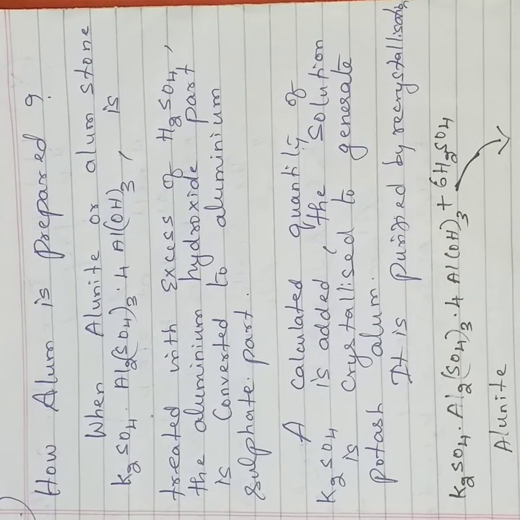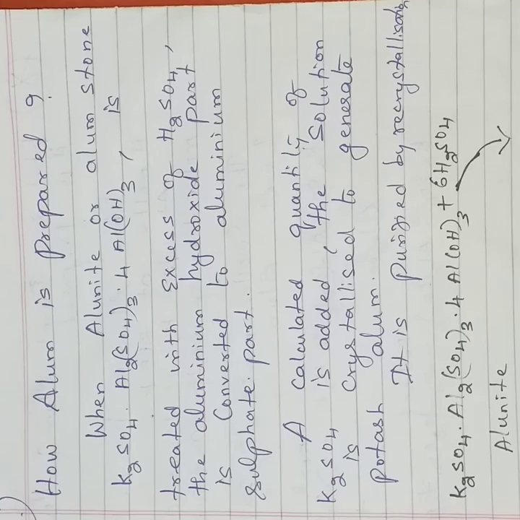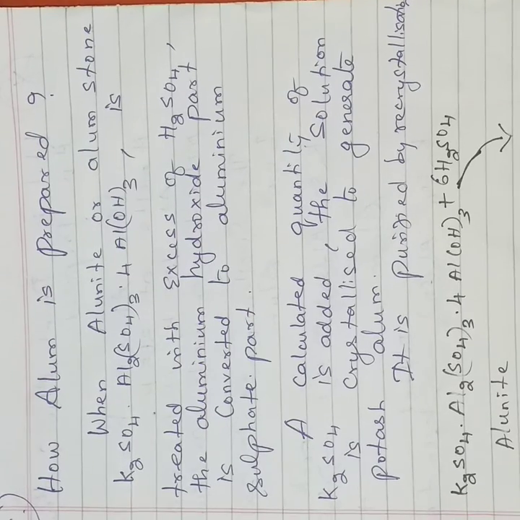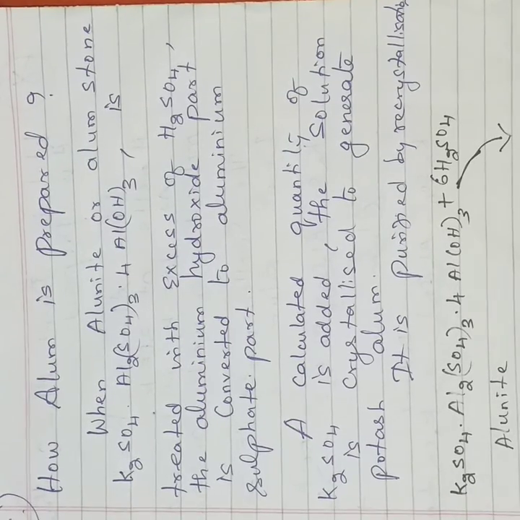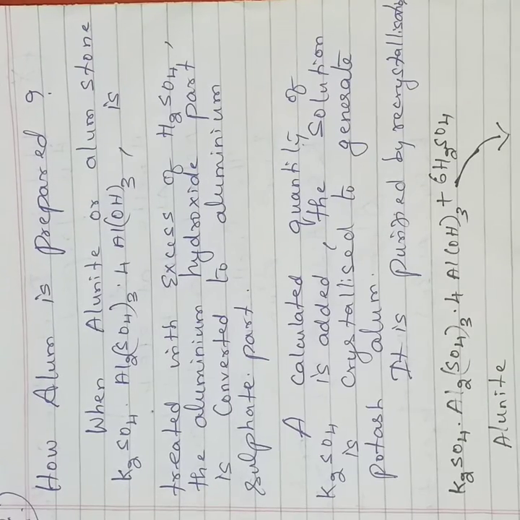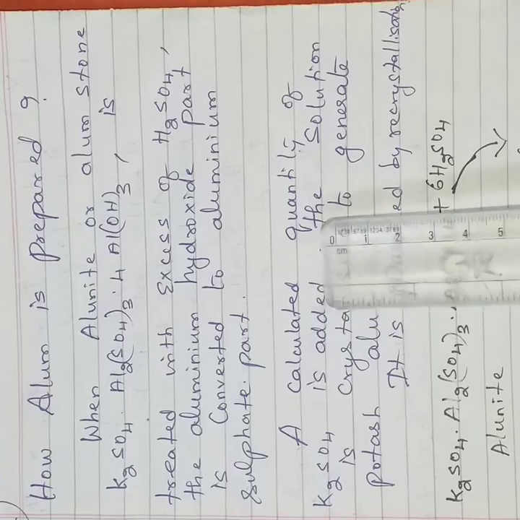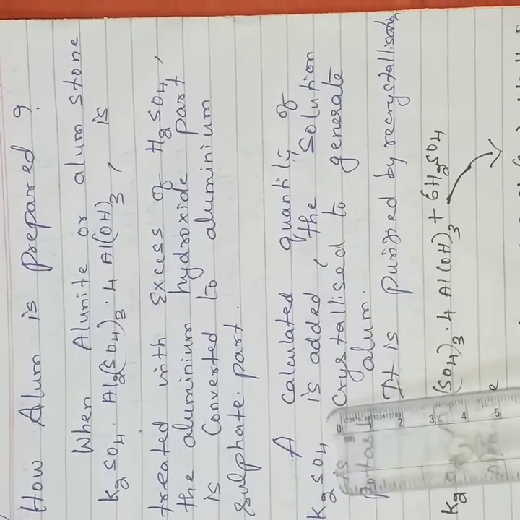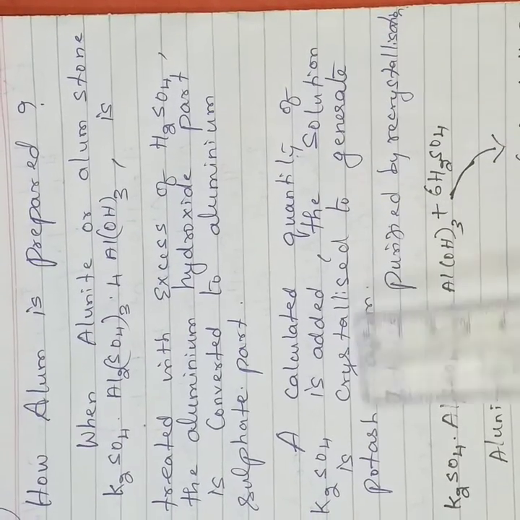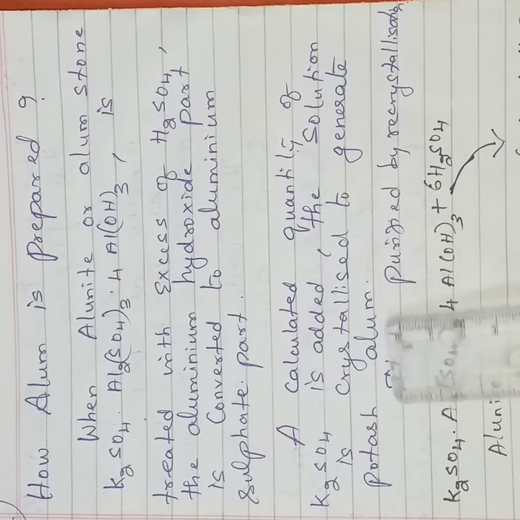That is, for example, if you are curdling milk and the curd is not formed, we add a little curd, and then the whole milk is converted into curd. The same process applies here. If the crystal is not formed, we have to add a seeding agent, that is, potassium sulfate is added. The solution is crystallized to generate the potassium alum.